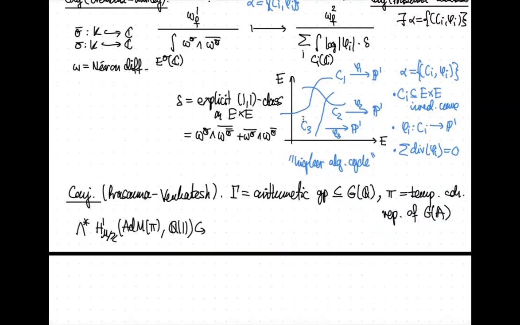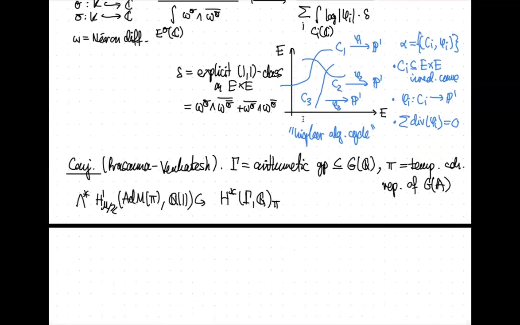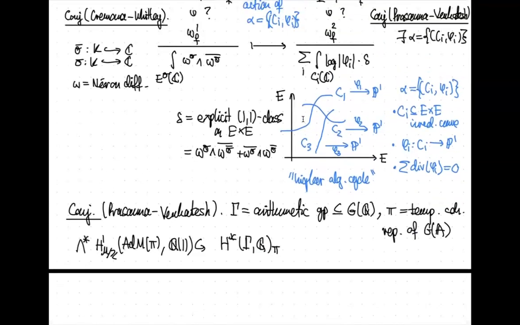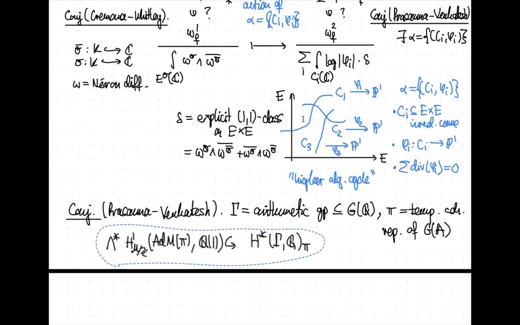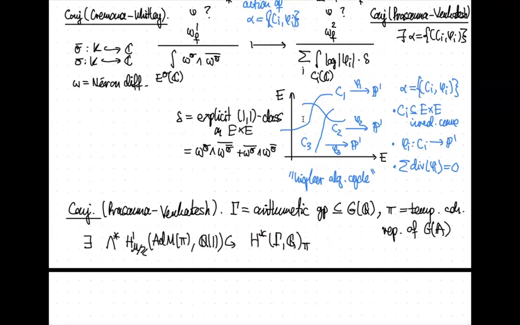So if I look at this adjoint motivic cohomology, it should act on all the contributions to cohomology of pi. And I've written things here in terms of group cohomology as opposed to the cohomology of this quotient, just for simplicity of notation so that I don't have to introduce this locally symmetric space. But this is what the general conjecture looks like. And actually, one way to phrase this is that there exists some action like this, but their conjecture is a bit more precise.